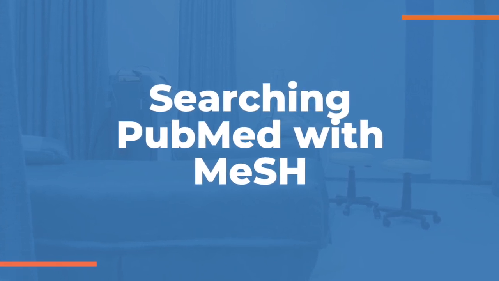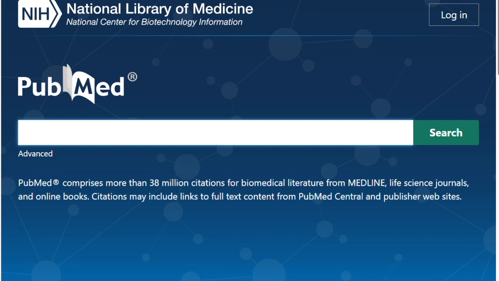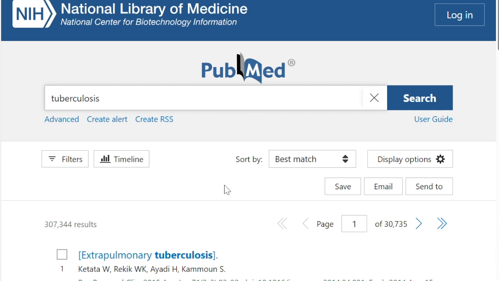I'm going to start off with a basic search, so I'm going to go to pubmed.gov and then type in tuberculosis. Underneath the search bar, it'll count how many results I get, and as you can see, I have over 30,000 pages. If you want a more efficient way of getting results, you can actually use MeSH, or Medical Subject